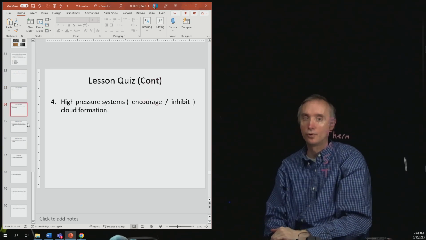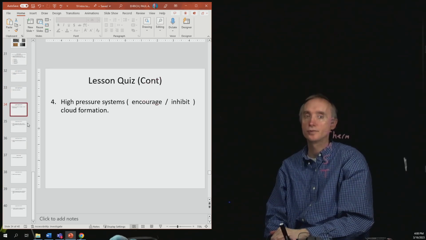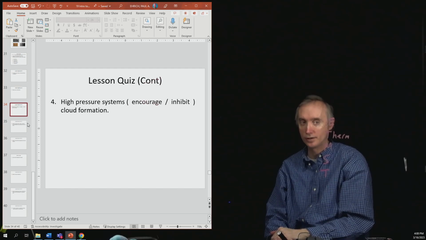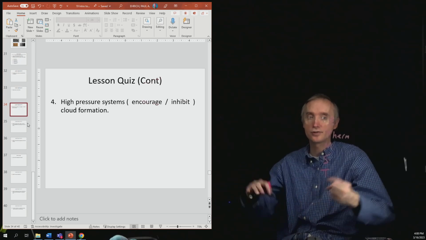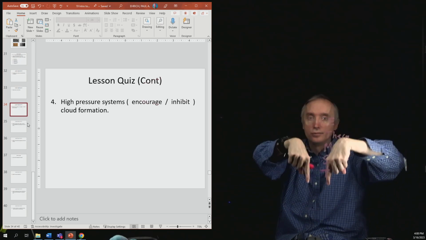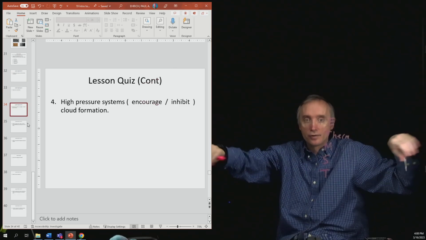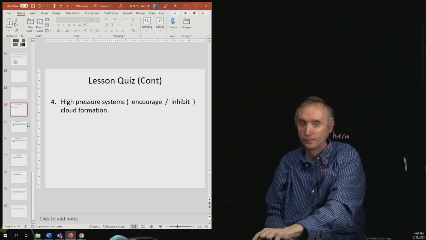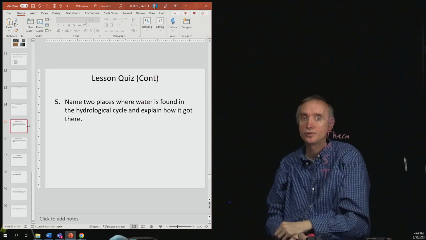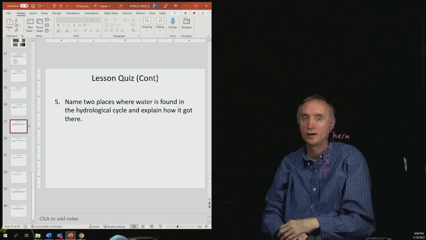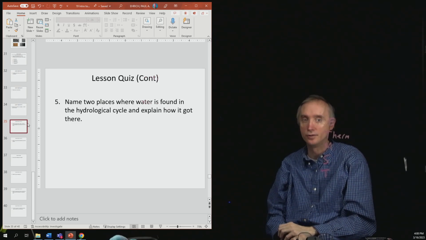Okay, question number 4. High pressure systems, do they encourage or do they inhibit cloud formation? They are going to inhibit. So high pressure means it's pushing down, and it pushes the clouds out of the way. So it inhibits them. Number 5, name 2 places where water is found in the hydrological cycle and explain how